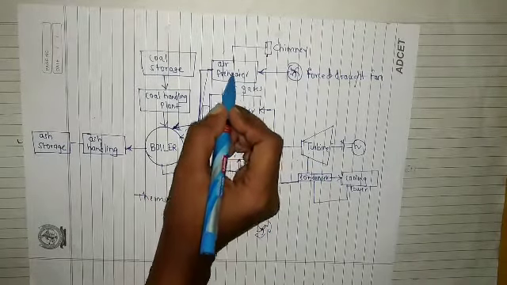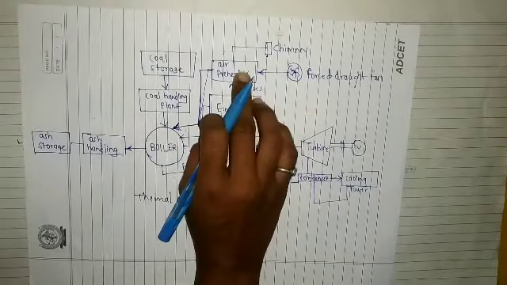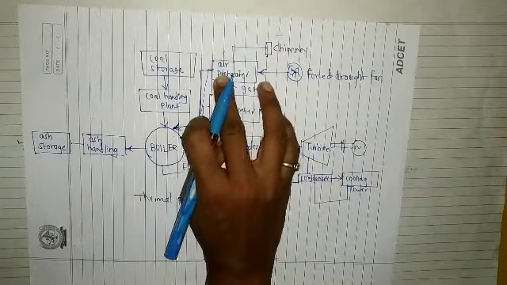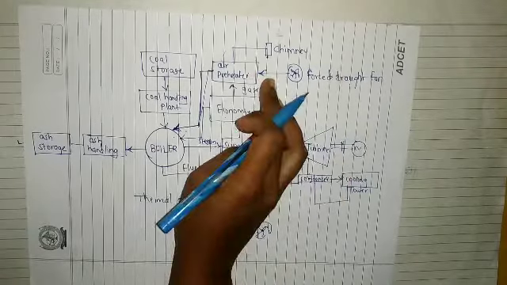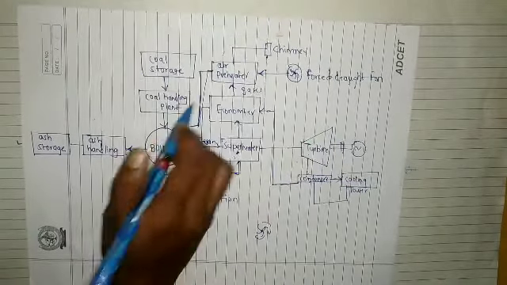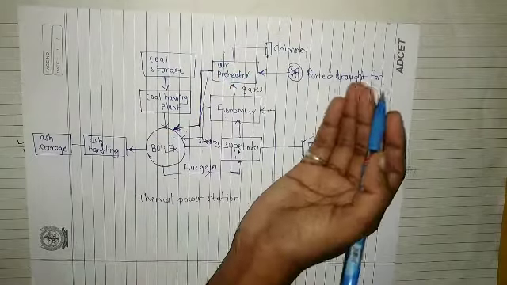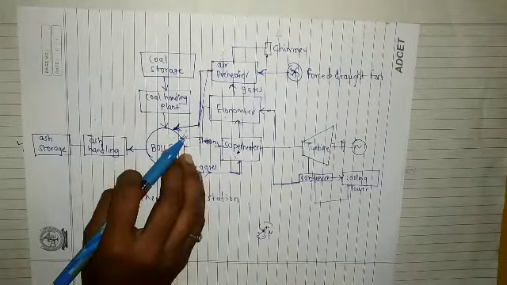Now these gases will go in the air preheater. So what we are doing here from this air preheater, what is the input? We are taking the surrounding air and providing it to the boiler. So because of these gases, what will happen? Our air which we are taking from the surrounding will get hot and it will go to our boiler, right?